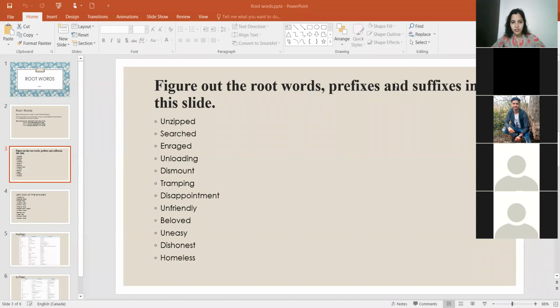Yes, Ankit, you are right. Yuvika, Shalini, Tamanna, you are correct. Abhishek, very good. All of you have been able to tell that friend is the root word in this word, un is the prefix, and ly is the suffix. So moving on to this word beloved. Yes, be is the prefix, love would be the root word, and d at the back is the suffix.